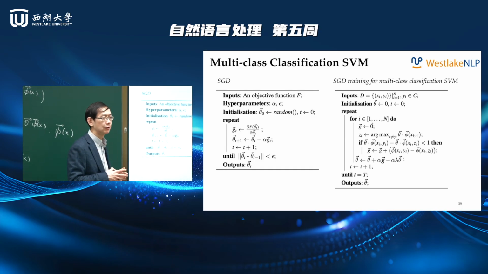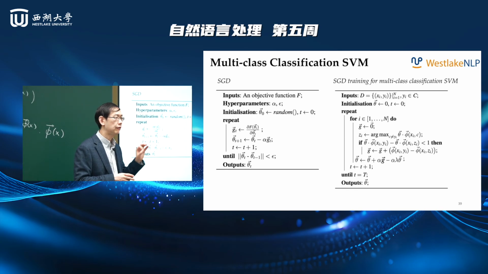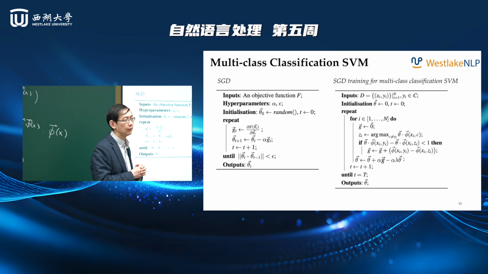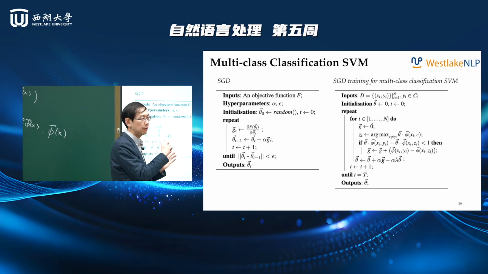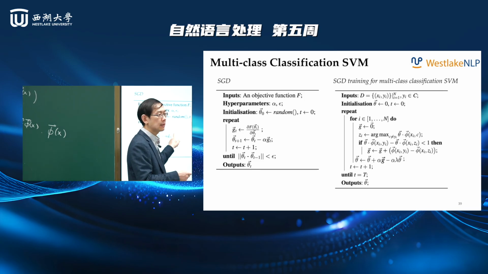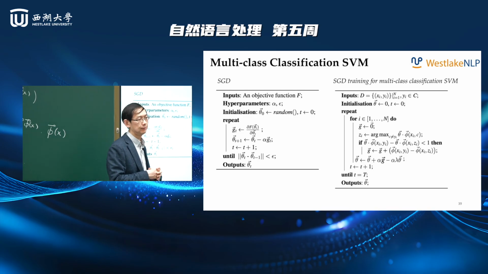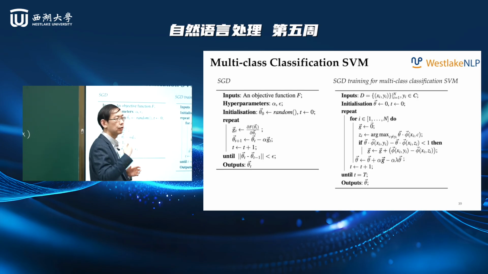I will just repeat myself. How do I train SVM? You know the parameterization is theta dot phi xc. To train this using a set of data, I first initialize theta to all zeros. And then I use the current model, or current theta, to go over all my training instances for t iterations. In any iteration for xi and yi, what do I do? I first calculate the model output,